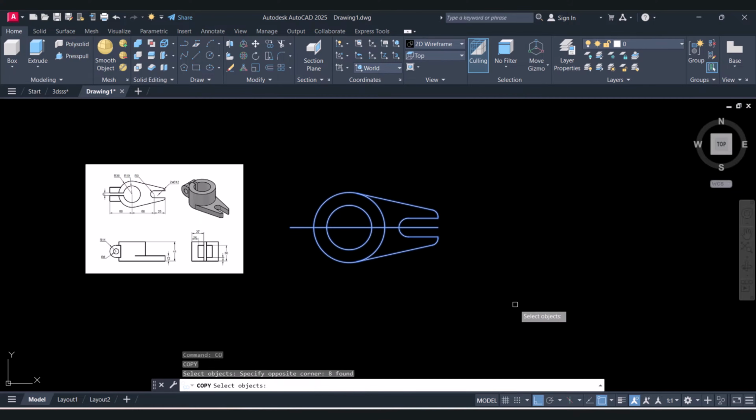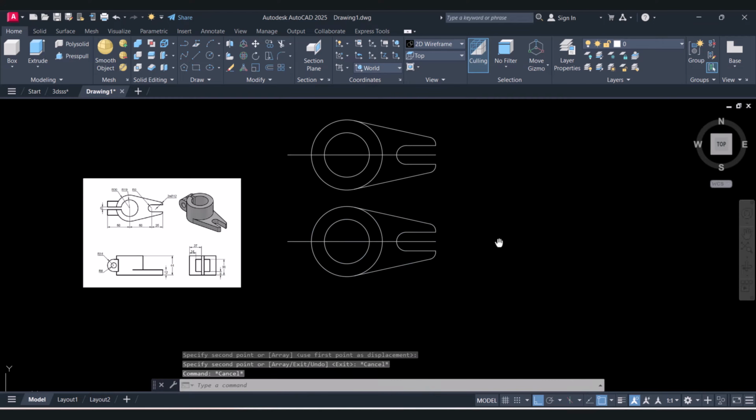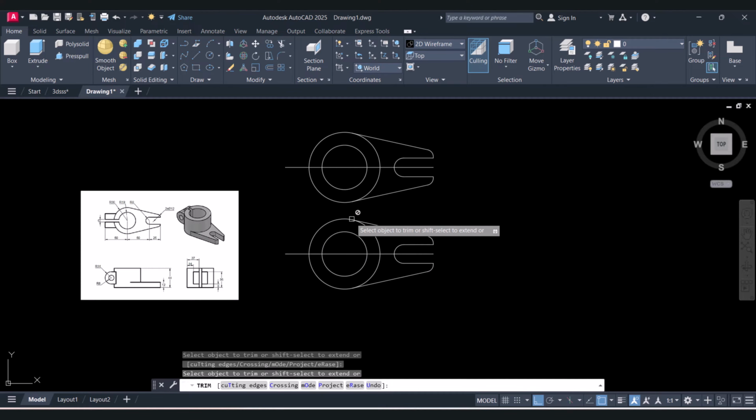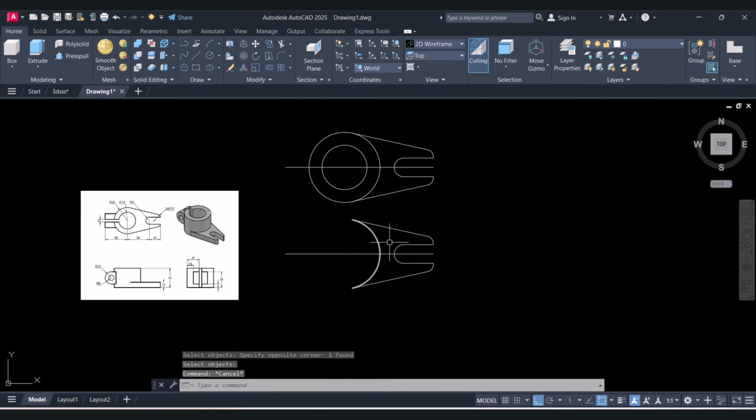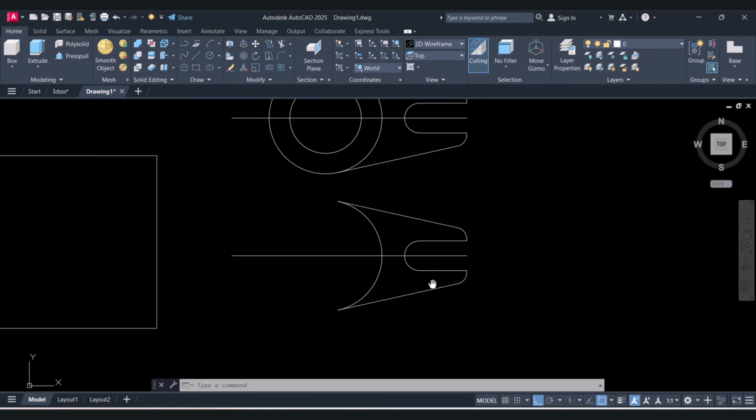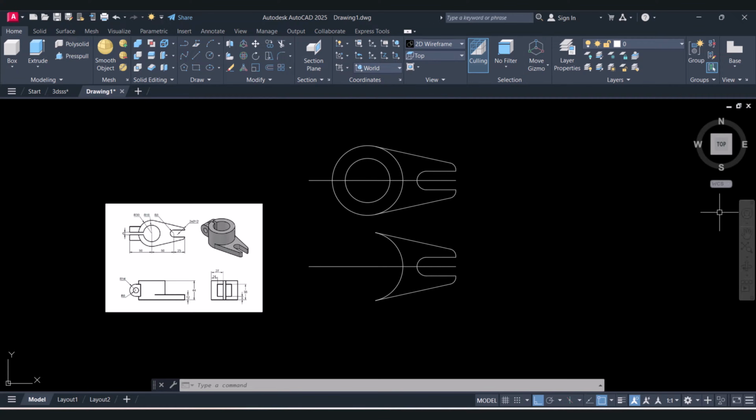I will copy one here again. I will trim this one because this is not required. So my first part geometry is created, this portion. Second one is this cylinder. For 3D, to extrude any object,